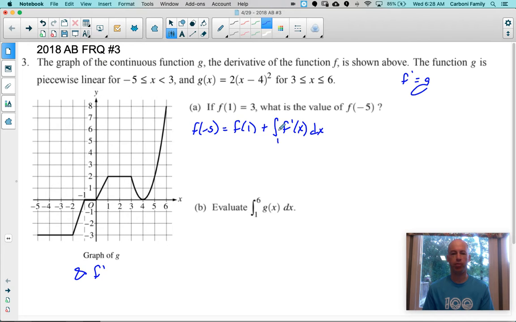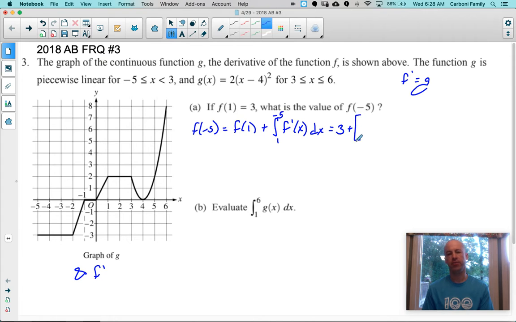And I want to go from 1 to negative 5, and it is okay for the lower limit to be greater than the upper limit. We just have to remember that going from 1 to negative 5 is a negative direction. So area above the x-axis will now be negative. Area below the x-axis will be positive. So let's work this out. We have f of 1, which was 3,